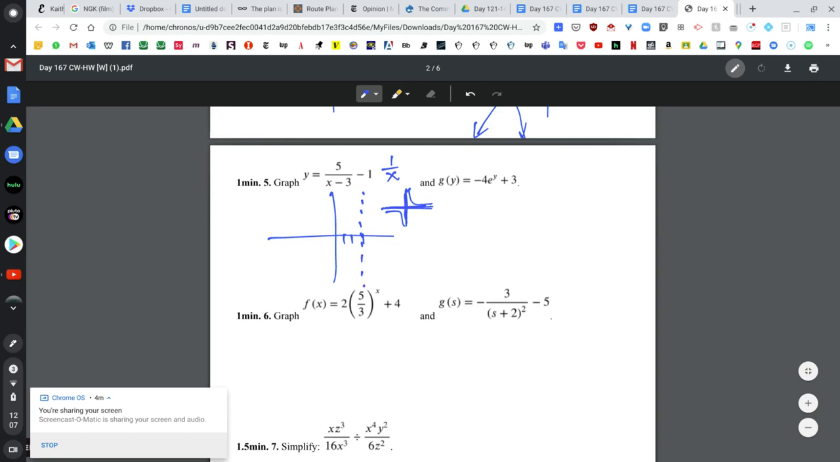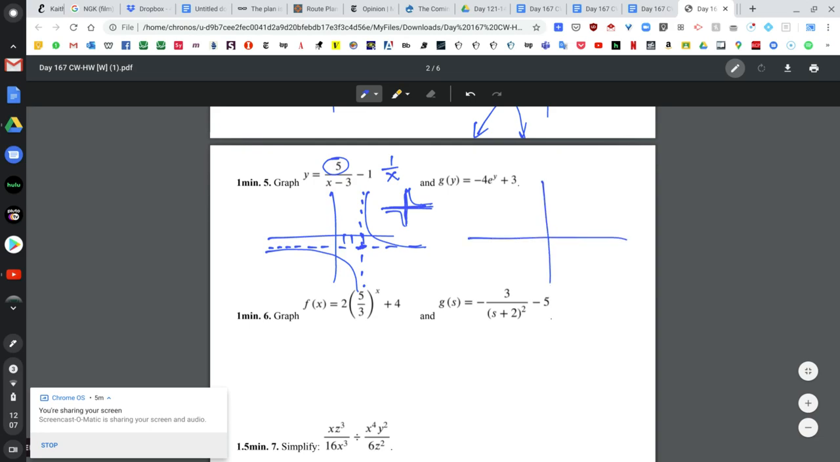and shift the parent function 1 unit down. So it has a horizontal asymptote here. So that's your new origin in a manner of speaking. And then positive 5 says it's just a regular graph. Okay, so make sure it's approaching the asymptote. Okay,